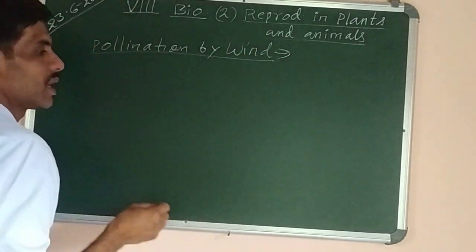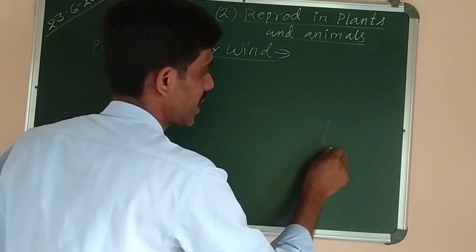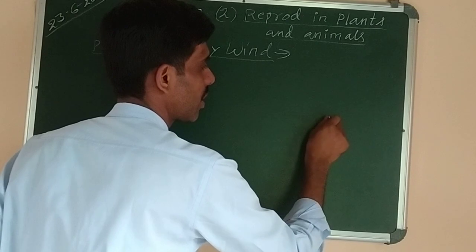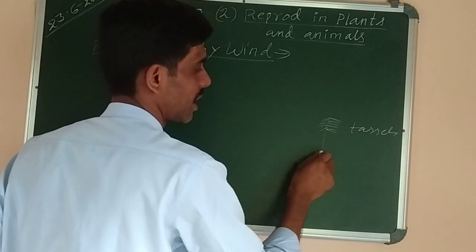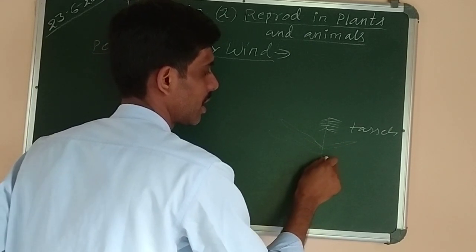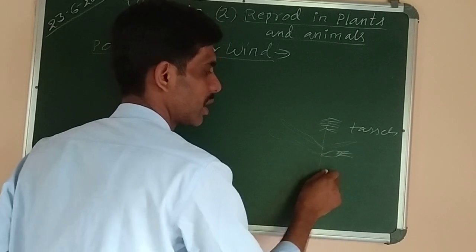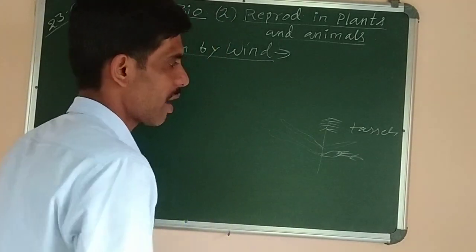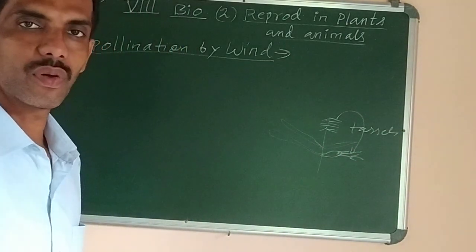Just now we studied. In case of the maize plant, you can see that the male flowers are present at the tip. They are called tassels. Male flowers are here. And the leaves are there, long leaves are there. Okay? Then you can find the cob also. Cob, you know, the one which has silky hairs growing, the one which we eat, in which the grains are present. That represents the female part of the flower. So when the pollen from the male part is transferred, it is done with the help of wind.